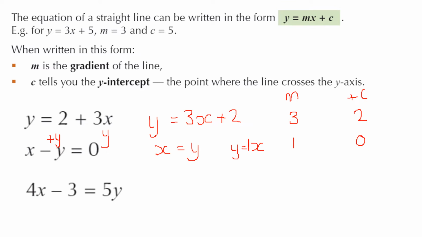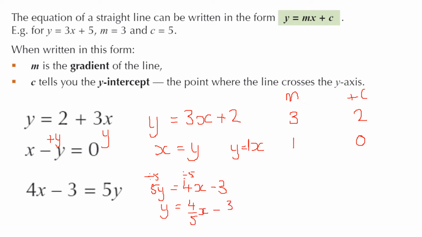And last example, we've got 4x minus 3 is equal to 5y. Again, we could write this as 5y equals 4x minus 3. It's close, we've got the y on the left-hand side, but we can't leave it like this because y has a coefficient. It's currently being multiplied by 5. So I'm going to divide both sides by 5 to get my y by itself. So y equals 4 over 5x